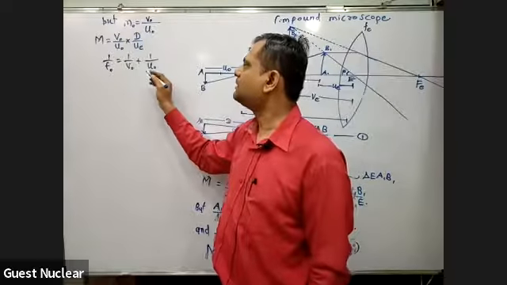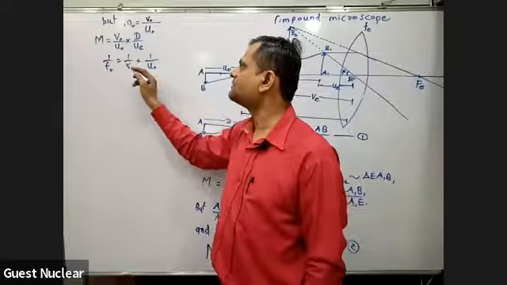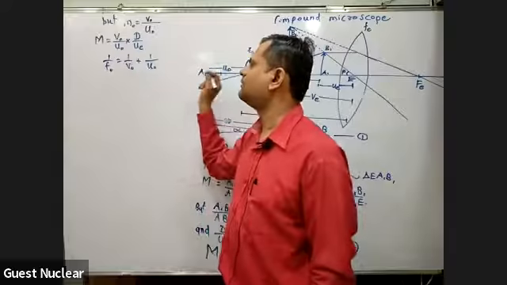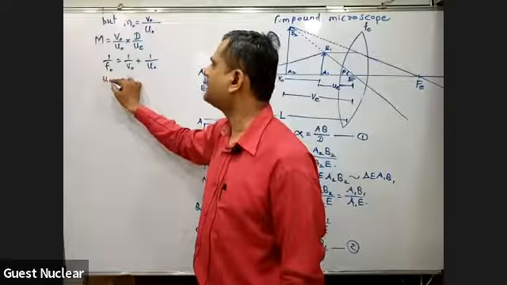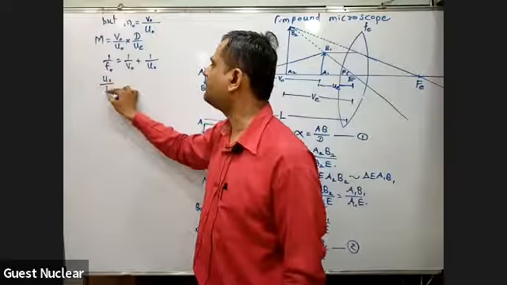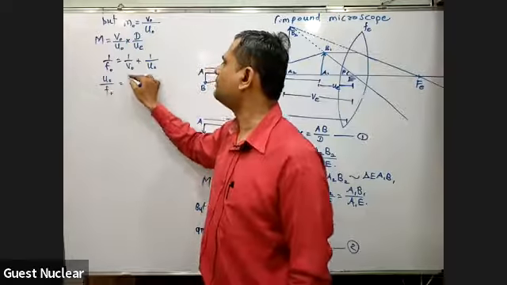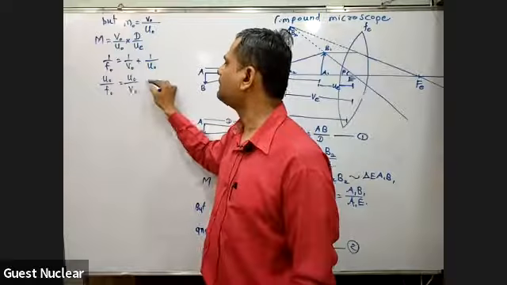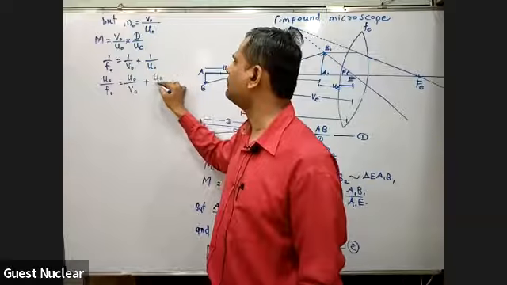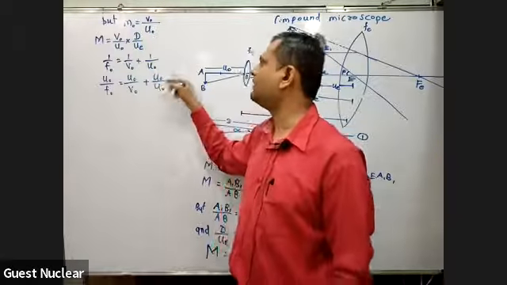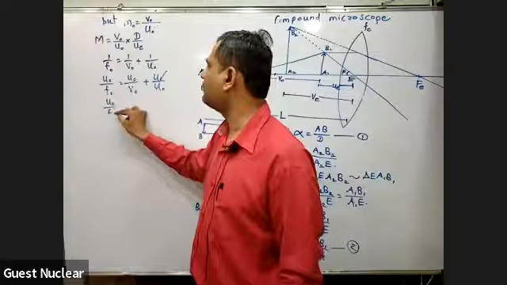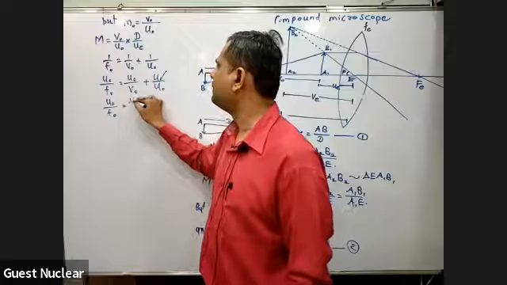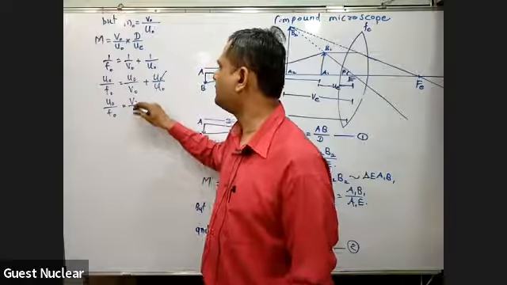So उसके लिए हम क्या करेंगे यहाँ पे देखो ठीक से. So let us multiply this whole equation just by uo. Okay. तो अगर यहाँ पे uo से मल्टीप्लाई करेंगे तो यहाँ पे आ जाएगा uo upon fo is equal to uo upon vo plus uo upon uo itself, which is going to become 1 in the next step, right? So we can get this as uo upon fo is equal to uo upon vo plus 1.